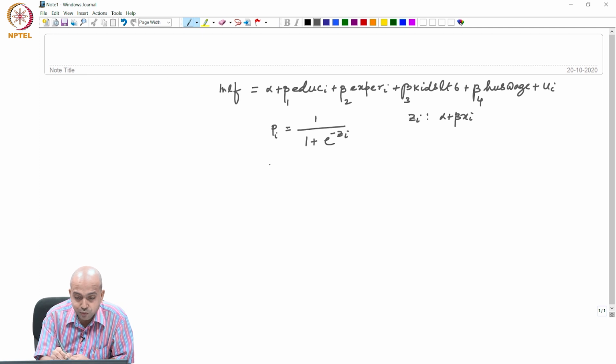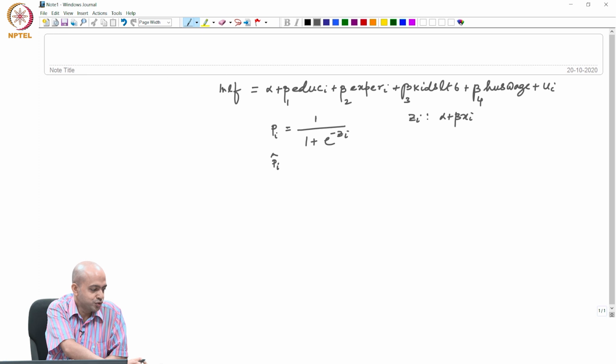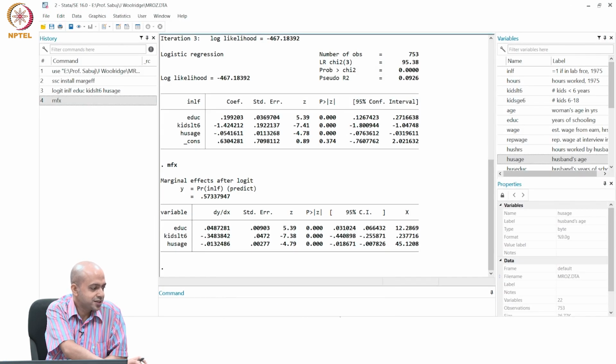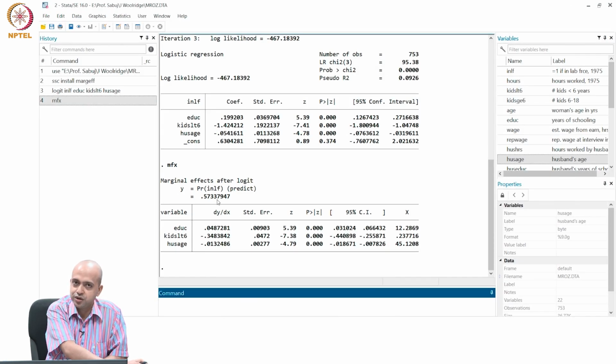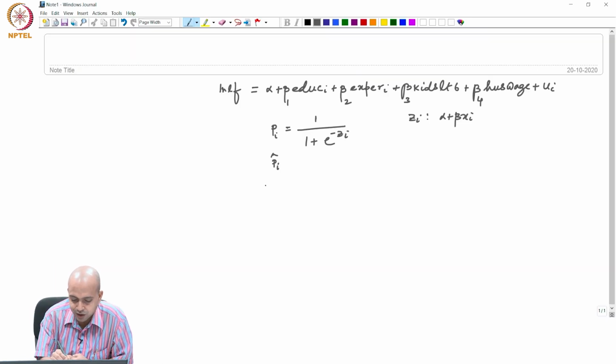So, once you estimate the model, then immediately you must calculate the pi hat. The change in probability is from this particular base point, which is pi hat, that you have to remember. And Stata is using this pi hat as 0.5733, right? Also, you have to remember that all this interpretation for the coefficient is for an average individual. That means the MFX command, the marginal effect,